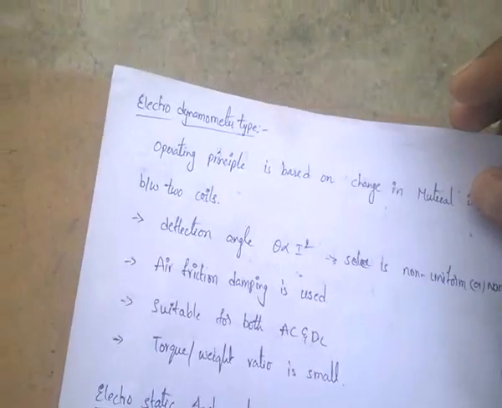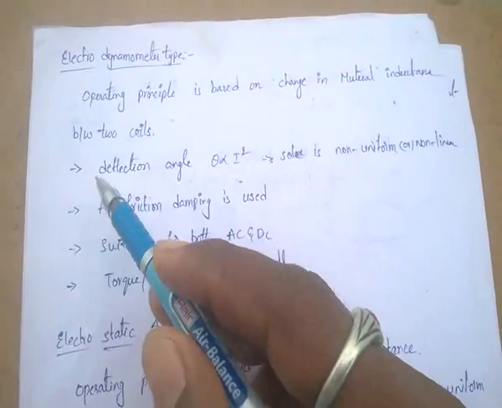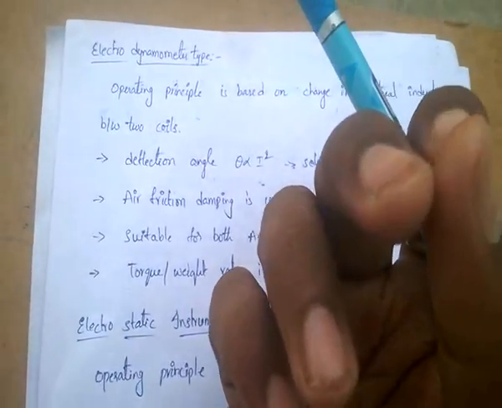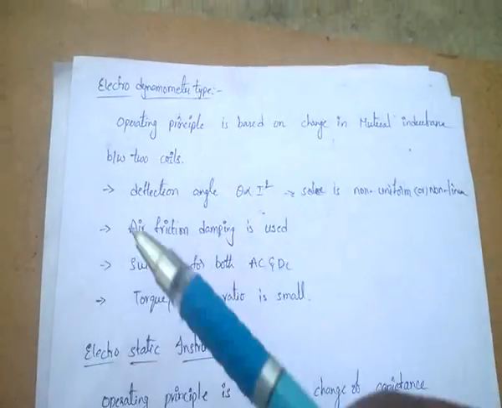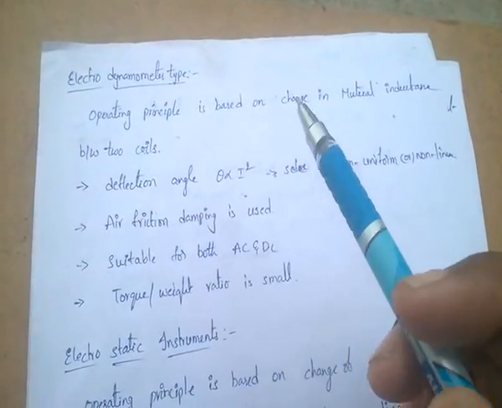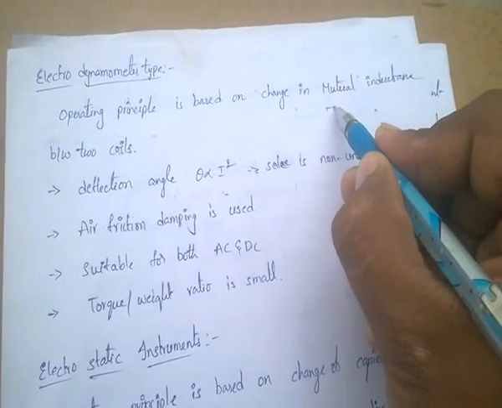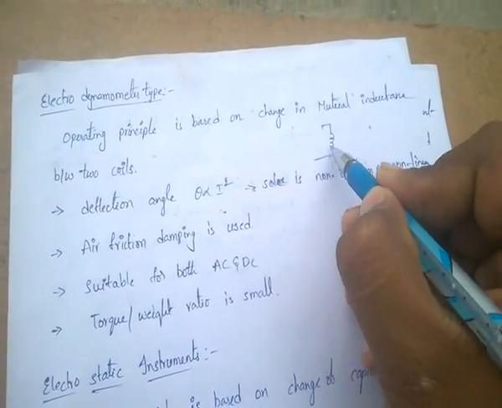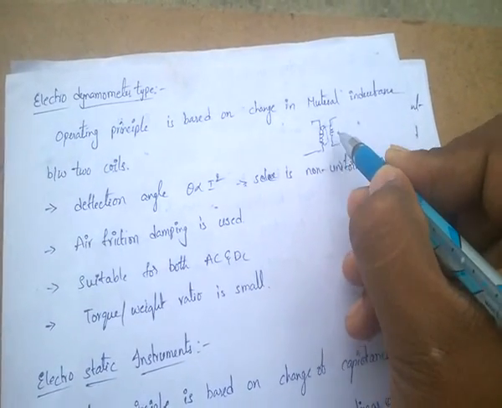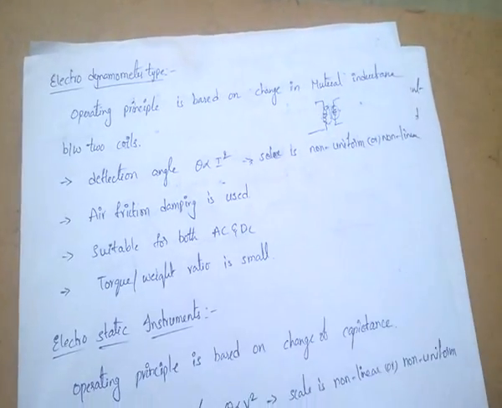Okay, next type, electrodynamometer type. For this the operating principle is mutual inductance. Once again, first one PMMC, the motoring principle; second one MI type, self inductance; and electrodynamometer type, mutual inductance. I already explained what mutual inductance is. When current is carried in one conductor, the flux links with another circuit, which changes, then an EMF is induced in the first coil, and this is called mutual inductance.